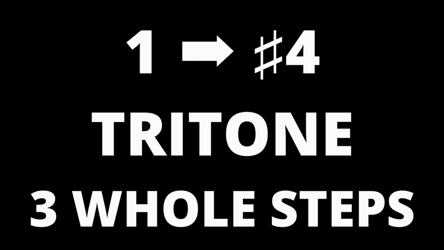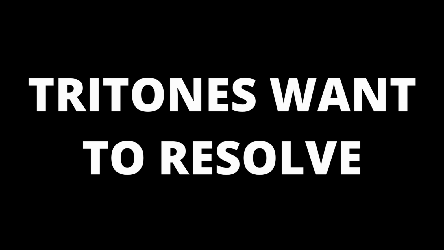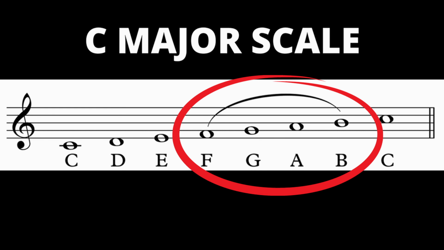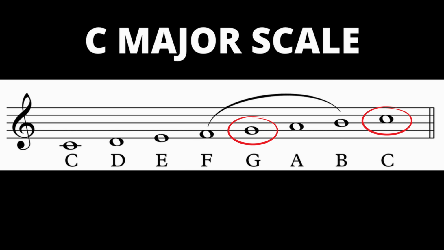It's unstable because the raised 4th and the tonic or first note of the scale create a tritone. Tritones are a series of 3 whole note intervals that are found in diatonic scales. Tritones create tension that wants to resolve to the next stable interval. In a typical major scale, the tritone is between the 4th and 7th scale degrees. This tritone resolves perfectly to the major scale's 1st and 5th scale degrees, the 2 most stable notes of the